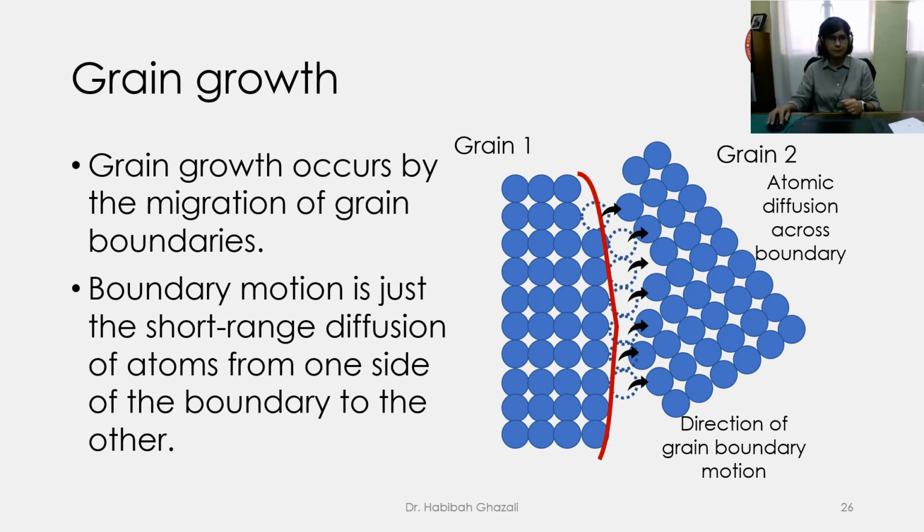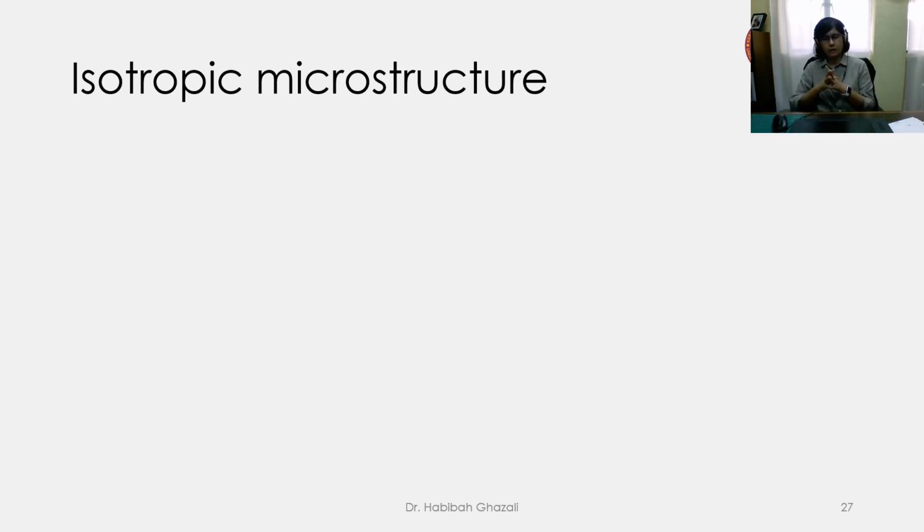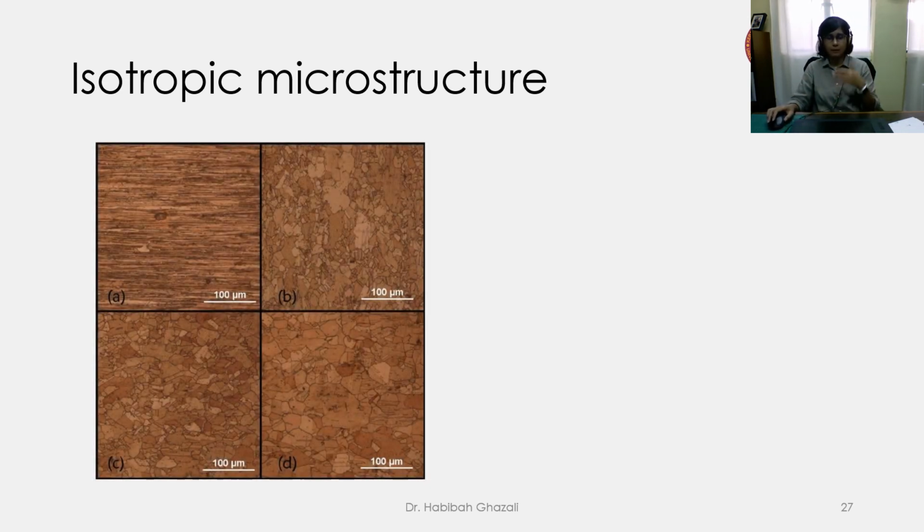So through this annealing process, we actually make the material change from anisotropic after it has been deformed plastically to an isotropic microstructure. So if we look back at our copper metal, the example I gave you earlier in this lecture, after the recrystallization process, recovery, recrystallization and grain growth, you can see that the microstructure is going to change. So the grain dimension is going to change, from the first one after it's been cold rolled,